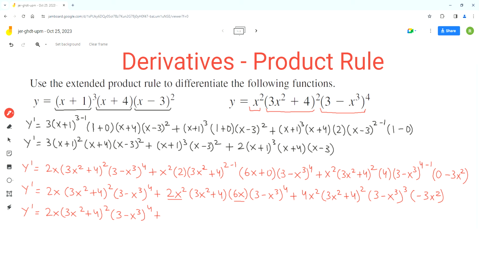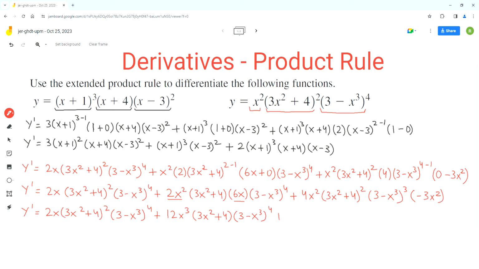So we get 12x cubed times (3x squared plus 4) and then (3 minus x cubed) exponent 4